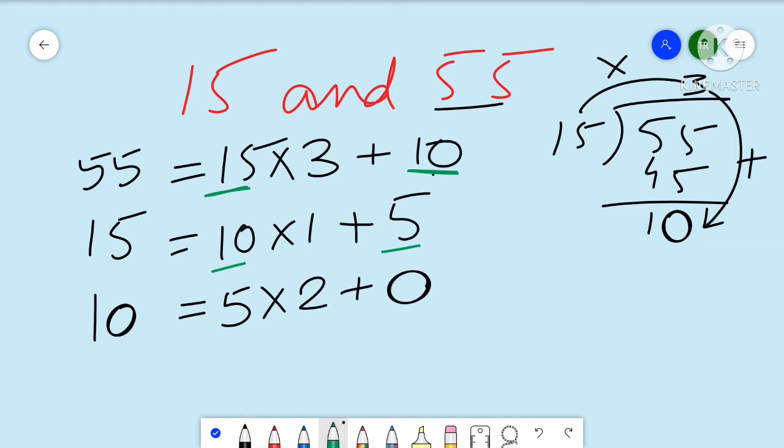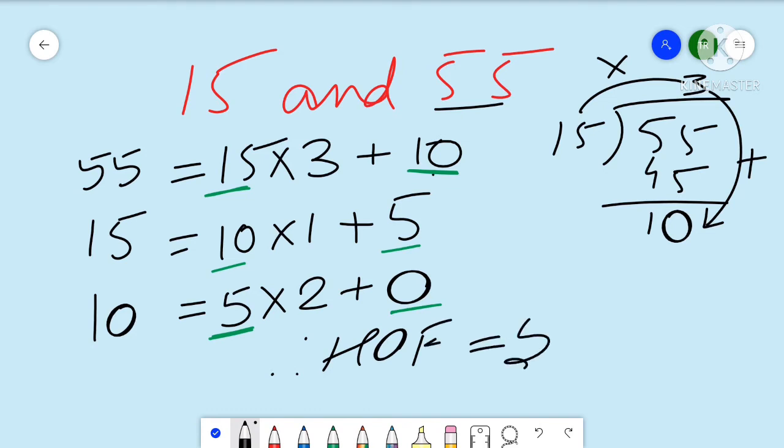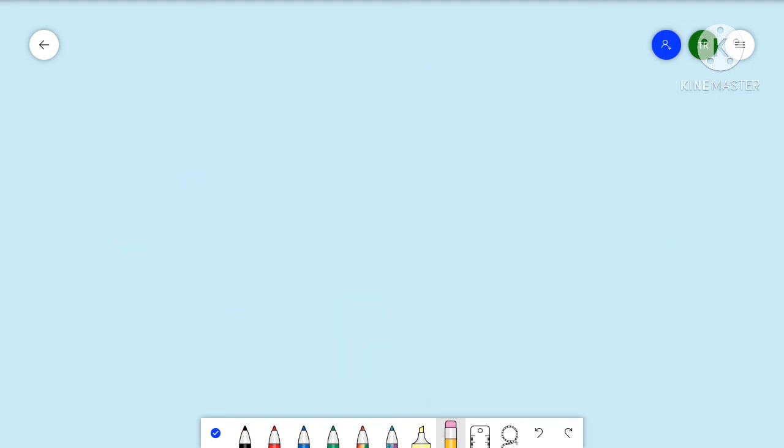Okay, so now we have got our remainder as 0. Therefore, this divisor will be our HCF. So therefore, the HCF here is equal to 5. Okay, now I hope you understood how we do it. The HCF is 5. So this divisor, using the formula of dividend is equal to divisor into quotient plus remainder, we get our required HCF. Okay, now let's start with the exercise and see if you can understand what we are doing here.